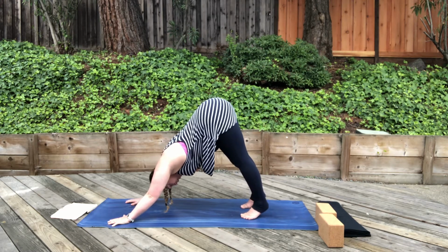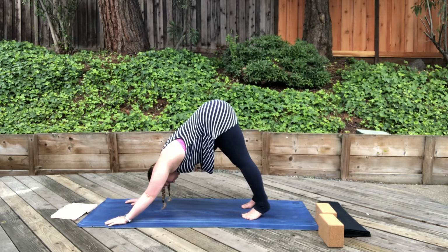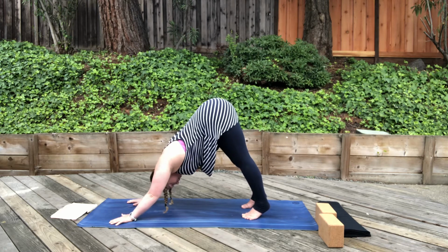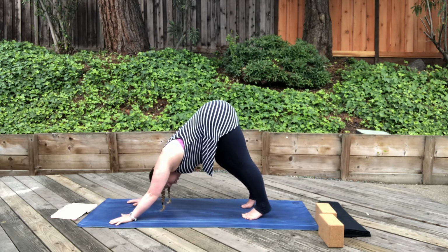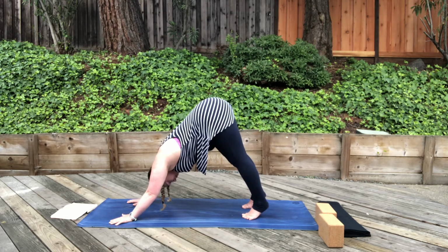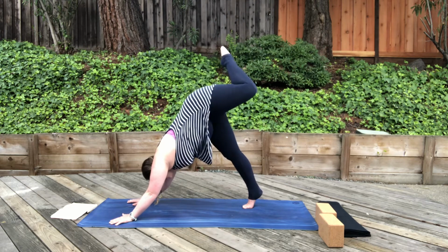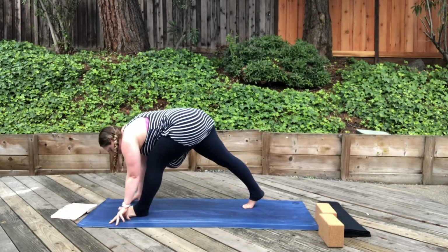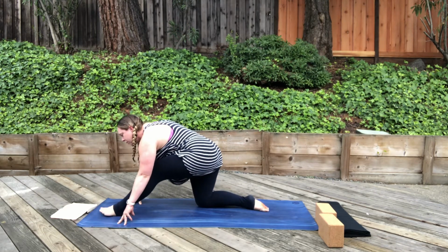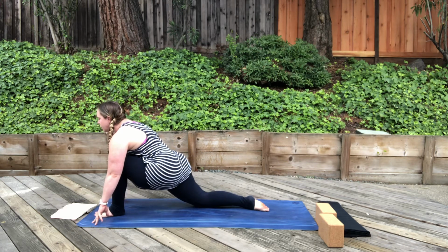And never feel like you're stuck where you landed or you're static whenever you land in a posture. I always like to kind of melt and move, a little bit creatively with the shoulders and the feet and the hips, just to make sure everything is still alive in there. And then inhale, we're lifting the left leg this time. Same thing to lift the hips to step the foot through. Lower the right knee, untuck the right toes, and we're scooching forwards with the left toes, walking the hands forwards. And on your exhale, coming into that